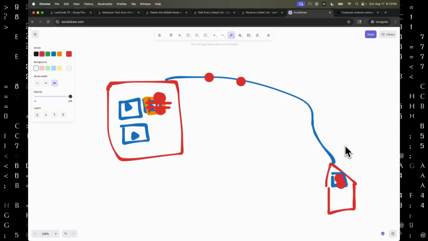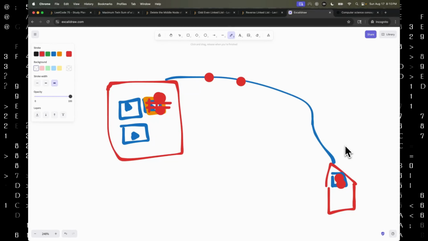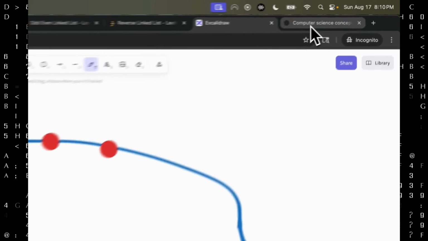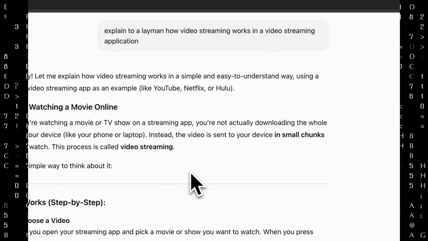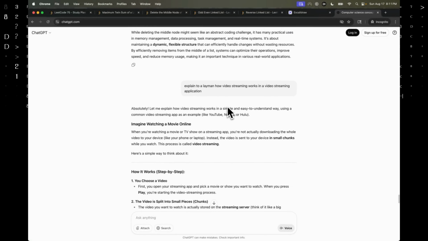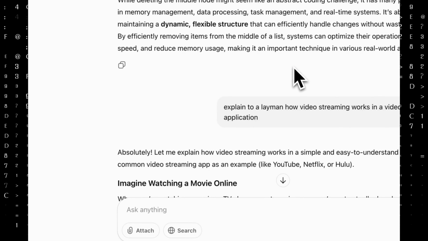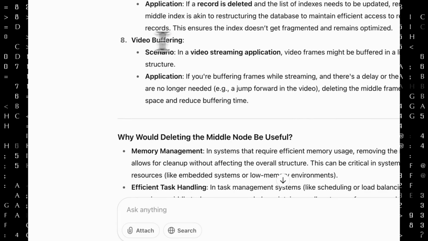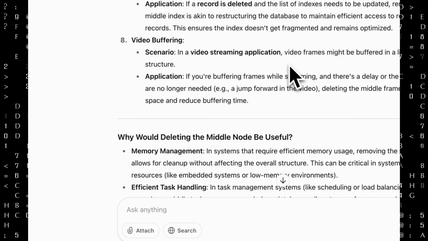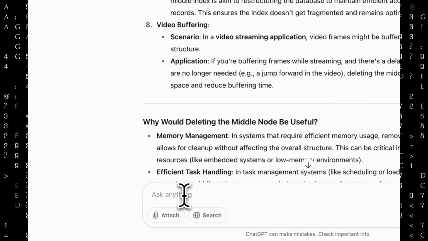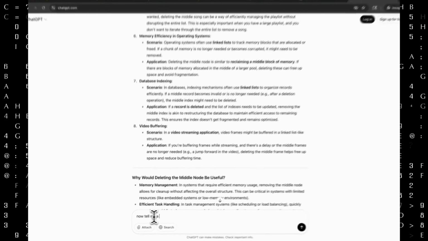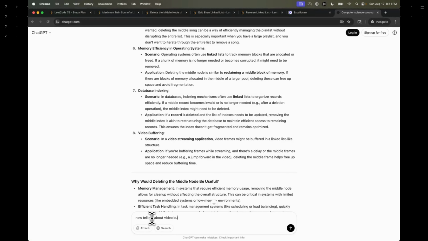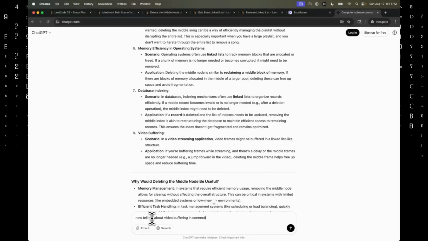And behind the scenes, when you're watching one part of the video, the rest of the video is getting downloaded. So that's called buffering, right? Those are some terminologies we picked up about video streaming. Now, what we were thinking about is the video buffering, right? Now tell me about video buffering in connection with the